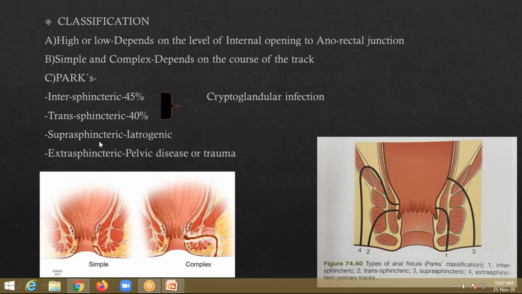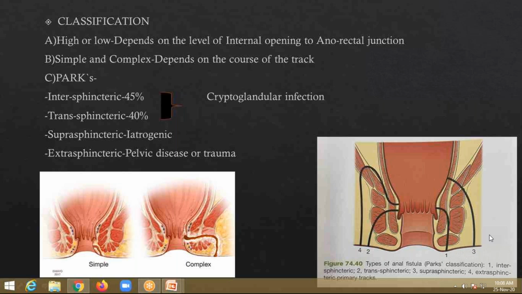Okay. Next is the suprasphincteric, which is less common. See, suprasphincteric, that is above the sphincters. This is the internal sphincter. This is the external sphincter, three parts: deep, superficial, and subcutaneous. So this tract is lying above the sphincters, so that the internal opening is above the anorectal junction in the rectum, and the external opening is somewhere in the buttock. So suprasphincteric, the most common cause being iatrogenic, during a surgery for any anal canal disorders